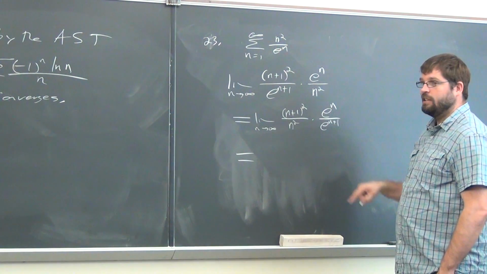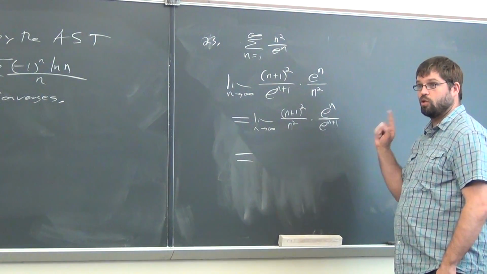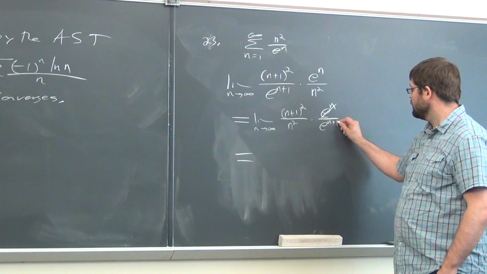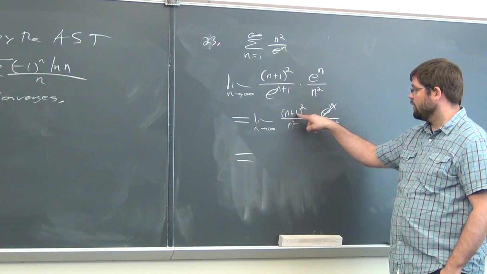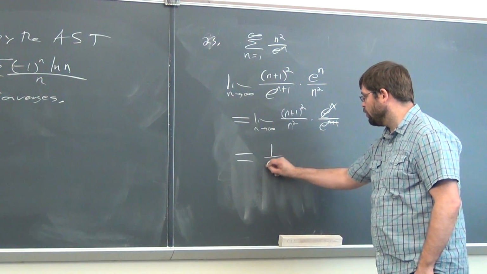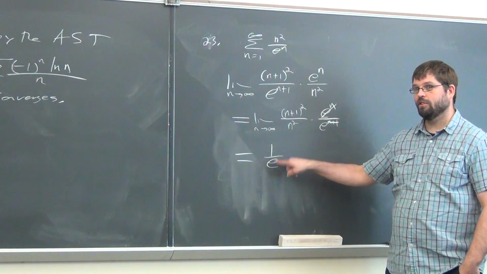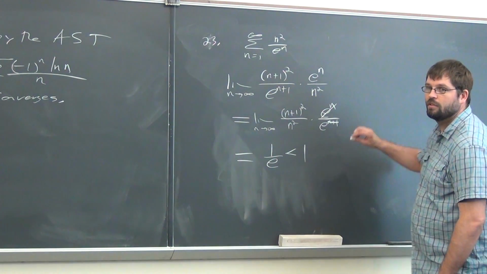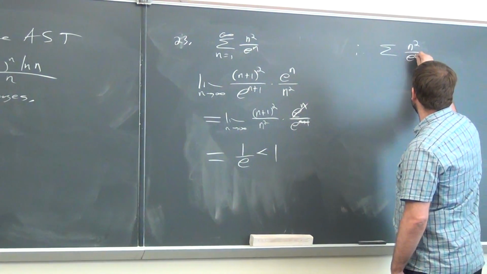What happens with the e's here? They cancel, so there's just one e, and where is it? In the denominator. So you get this, and it cancels out the exponent, but you still have a single e down there. And what does n plus 1 squared over n squared go to? 1. So this whole thing should go to 1 over e. And e is greater than 1, so 1 over e is less than 1. So what's our conclusion? Absolutely convergent. So therefore, this converges